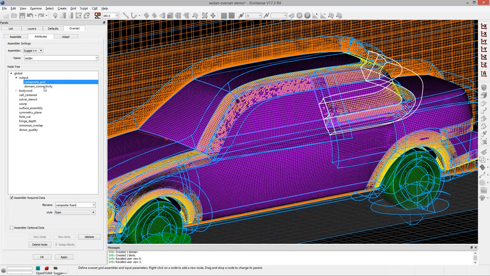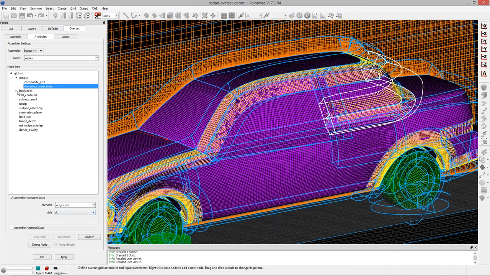The other piece of information is the domain connectivity information. We give it a file name, output.dci. The style is DCI for domain connectivity information. Again, the polymesh directory and this one file are the only two things that we'll need to pass to Caelus to run an overset grid simulation. And those are going to be generated when we actually run the assembler. We don't actually have to export anything. We just run the assembler and it's going to generate all those files for us, which is really nice.